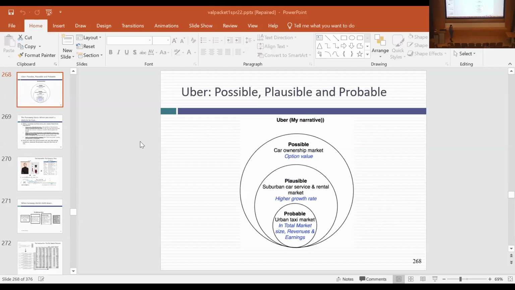So let's go back to where I left you off with the storytelling part. I talked about asking those three questions. Is it possible? Is it plausible? Is it probable? And here's a good exercise to make it better, right? Watch Shark Tank for a couple of episodes. And as the story is presented, ask yourself, what are the questions I would be asking this founder to get a sense of whether the story is possible, plausible, and probable?